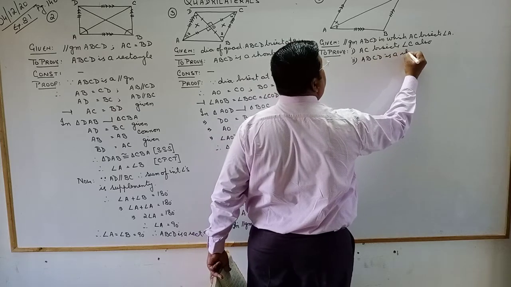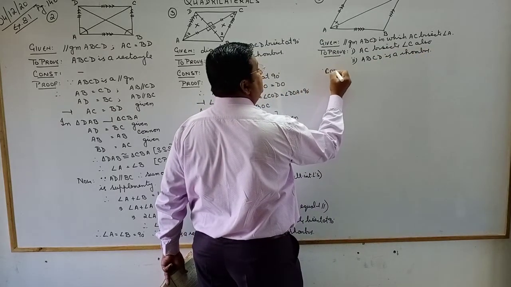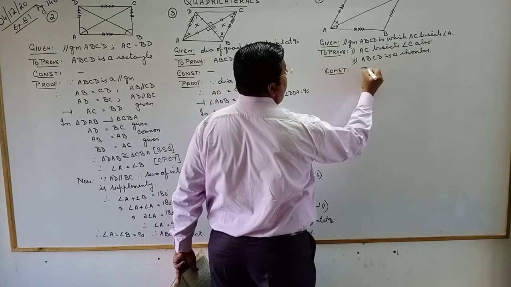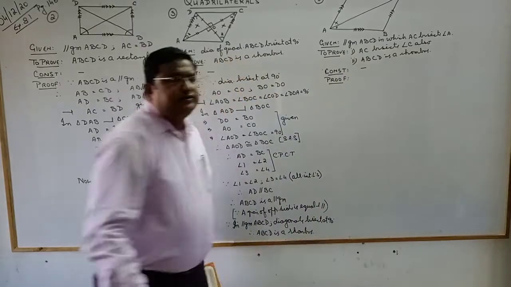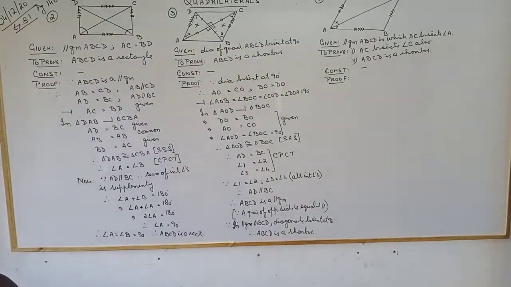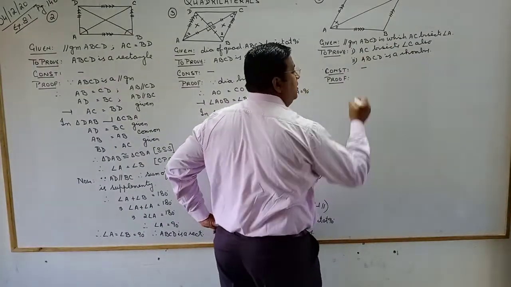ABCD is a rhombus. Proof. Construction not required. Whatever quantities are given to you, you need to write it. Don't worry about whatever he is asking us. He says it is a parallelogram. Write down. Because